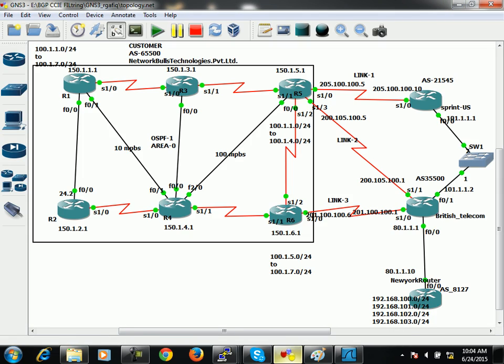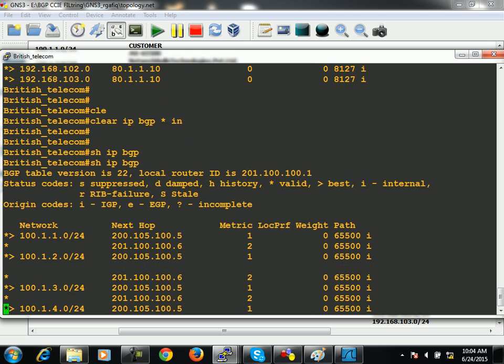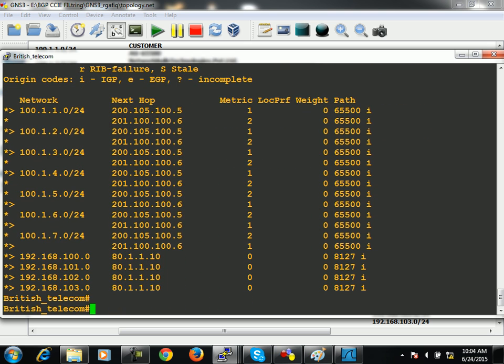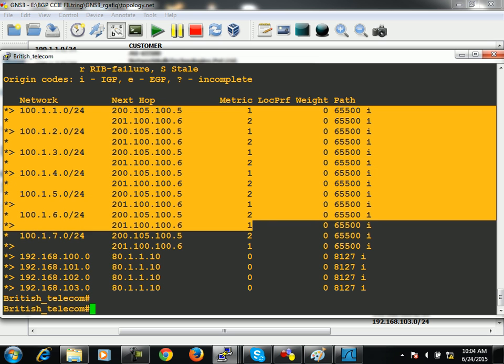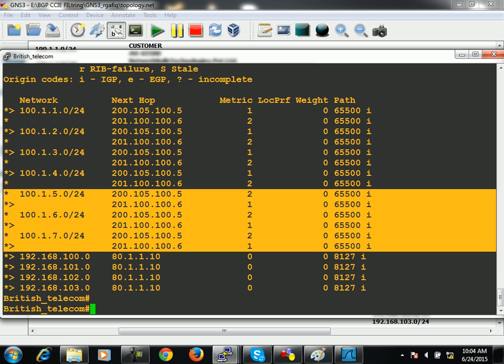So now I have not done anything at the end of BT, but still you will see that BT has modified its path selection. Check it out. And now it is not showing the worst metric, because the command we configured on BT sets the metric as worst metric only if it is not receiving any value along with BGP updates. But this time you can see that for the first 4 prefixes, its best path is via R5. For the last 3 prefixes, its best path is via